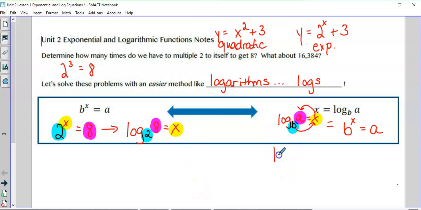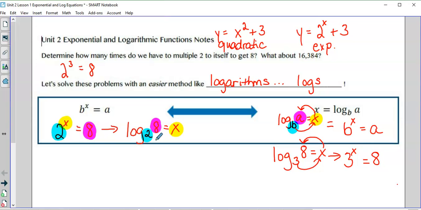If we had like log base 3, and then an 8 right here, and then an x right here, what we would do to rewrite this in exponential format, we would do 3 to the x power equals, this is kind of a circle, equals 8. So that would be exponential. On the left would be log form. So if you're asked to take an exponential statement and rewrite it in log form, that's how you do it,